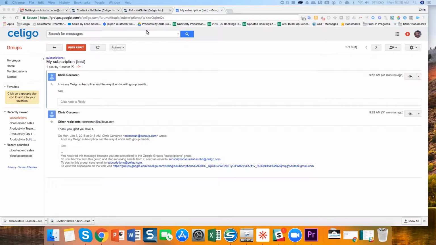Google uses the concept of groups for shared mailboxes. And here you can see an email that came in, says, "Love my Celigo subscription and the way it works with group emails." And someone wrote back, "Thanks, glad you love it." Okay, so we want to now take this and show how you can see this inside of your own Gmail